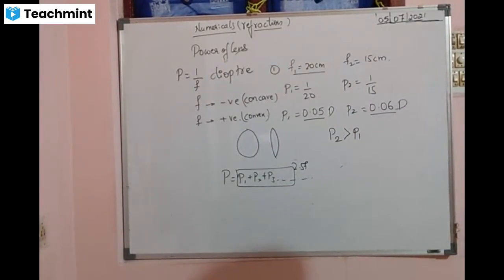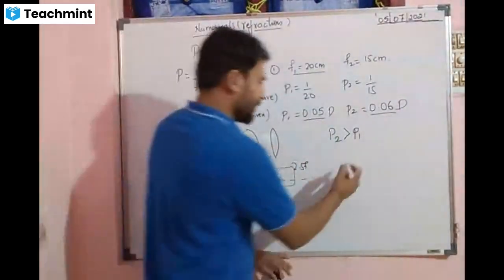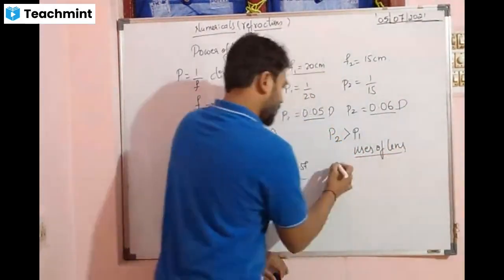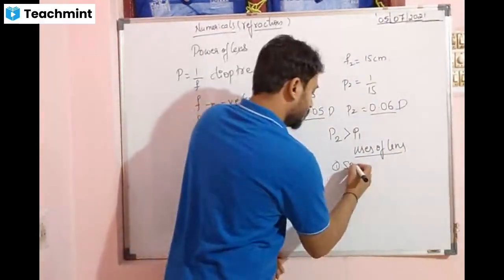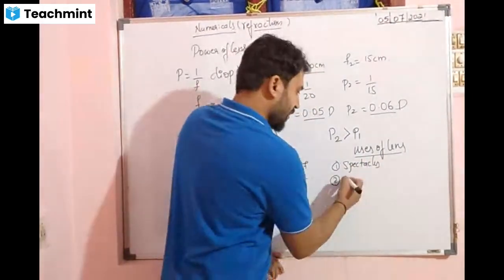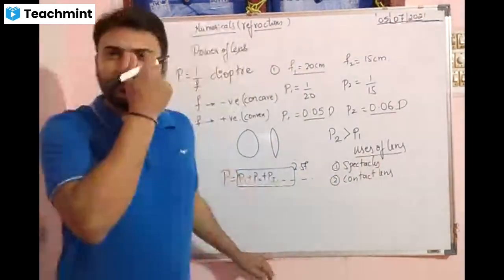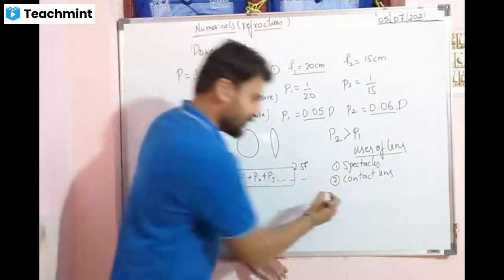So is anything left? Okay, so with the help of this we shall write the uses. Write the uses of lens. First, lenses are used to make spectacles. Second, to make contact lenses. Contact lens, you know, contact means they are in touch with you. They put them in the eye; they are called contact lenses. Then